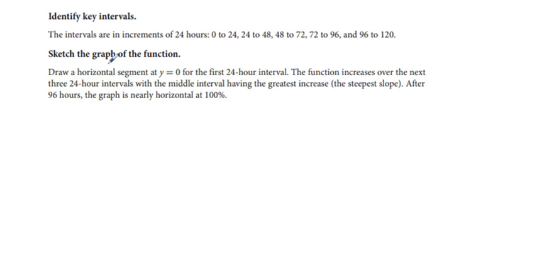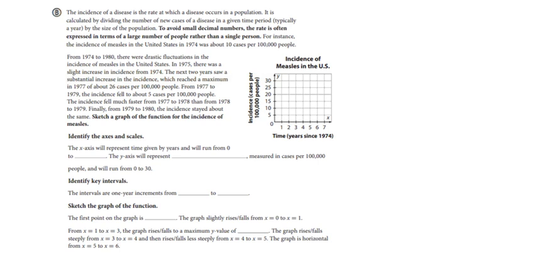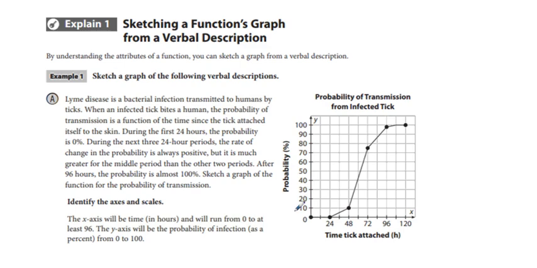Sketch the graph of the function. Draw a horizontal segment at y equals 0 for the first 24-hour interval. The function increases over the next three 24-hour intervals, with the middle interval having the greatest increase. After 96 hours, the graph is nearly horizontal at 100%. And really, this explains what it is. We are horizontal between x equals 0 and 24. And between 24 and 48 hours, we go to 10%